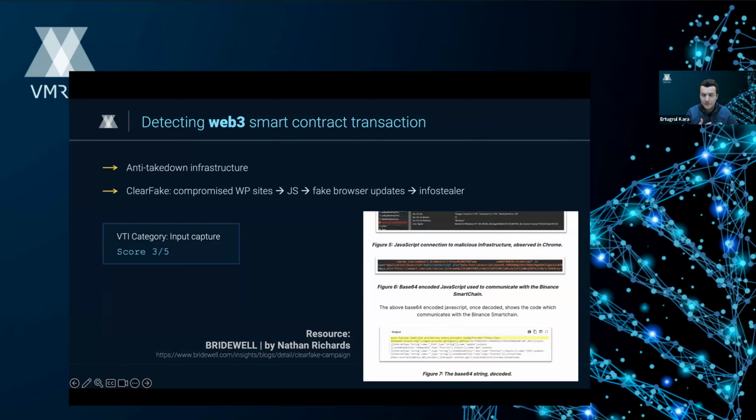And it's a tale to that. I really don't know if you have ever encountered it, I hope not, but ClearFake campaigns are taking advantage of this. What we see is the ClearFake loader in JavaScript initializing a Web3 connection to the Binance Smart Chain. So there's a link going to Binance.